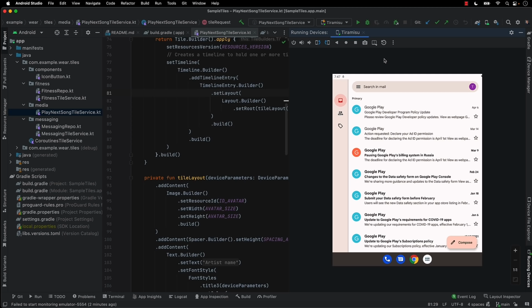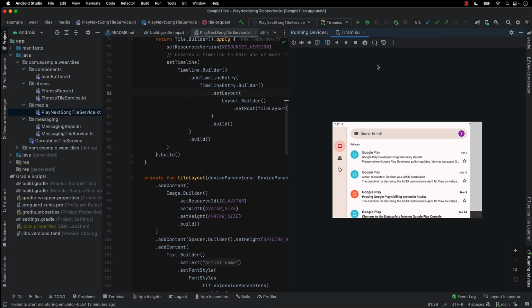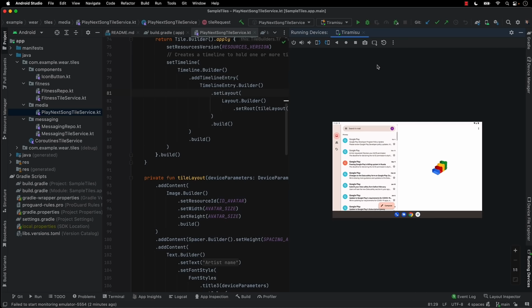So as you can see, the system navigation bar has appeared and the app itself has responded. Now the navigation buttons have moved from the bottom of the phone layout to the left, as they would be on this form factor. And if we switch to tablet, you can see again that the app has a different layout that it responds with.